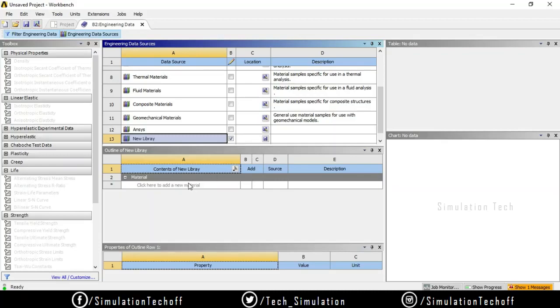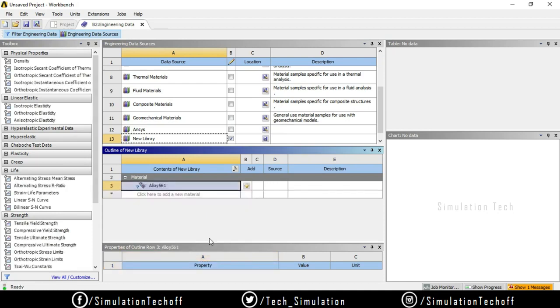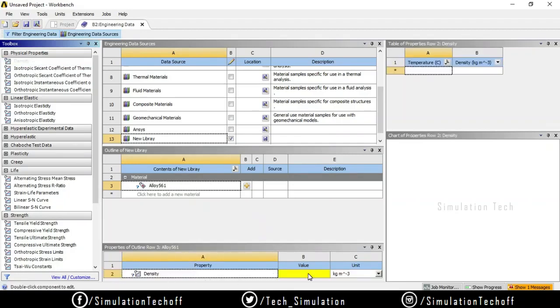So whatever the material you need, you can just type the name. So alloy 561, say enter. It prompts me to add the material data. So add a density, so it prompts me to type the density value.